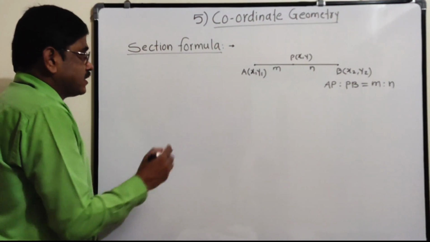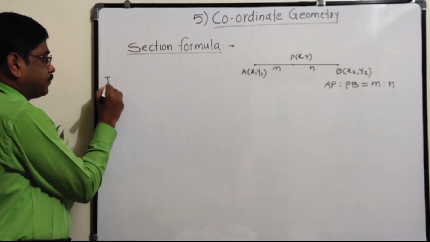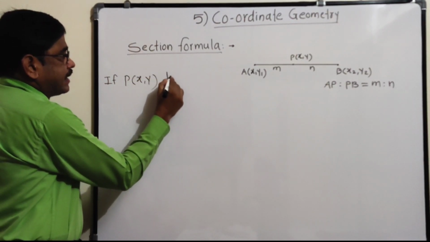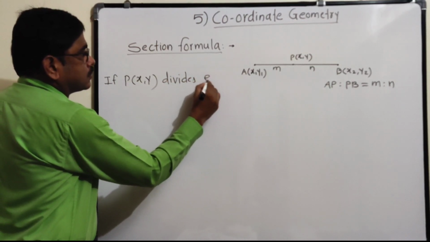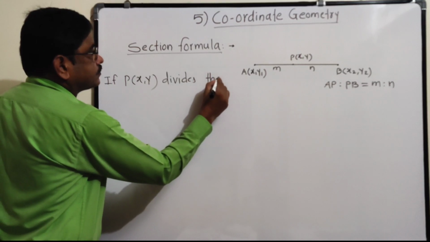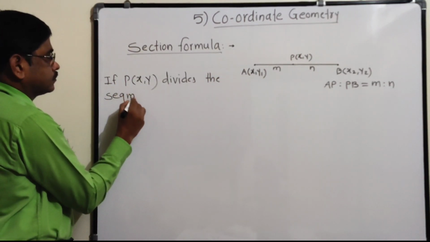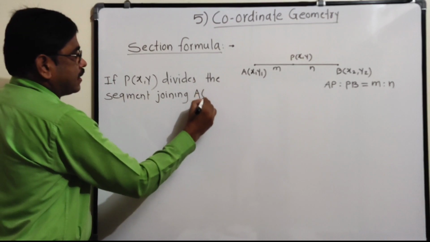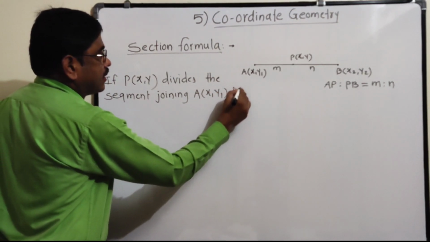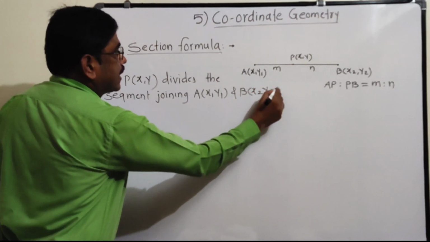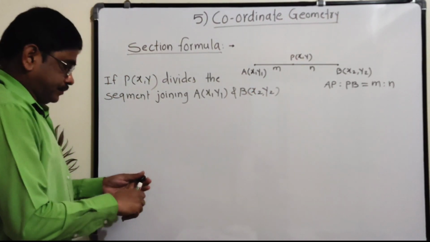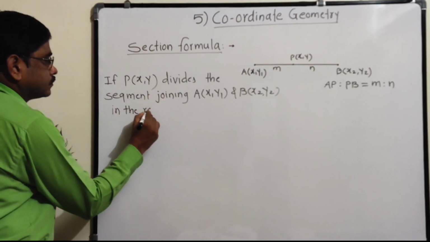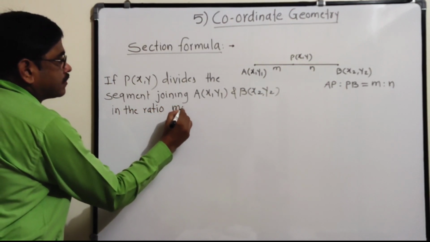So here, what is the section formula? How to write the section formula? If P(x, y) divides the segment joining A(x1, y1) and B(x2, y2) in the ratio m:n, then